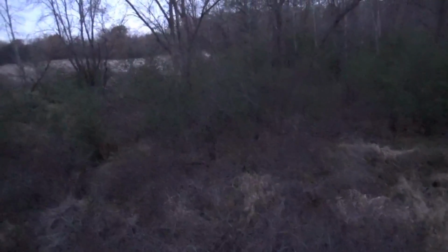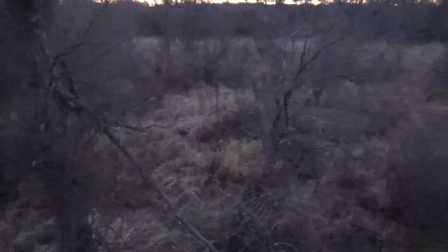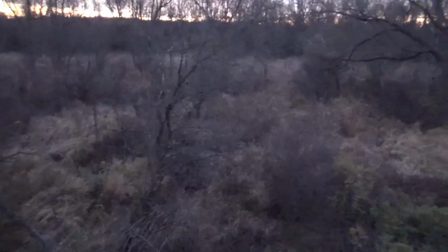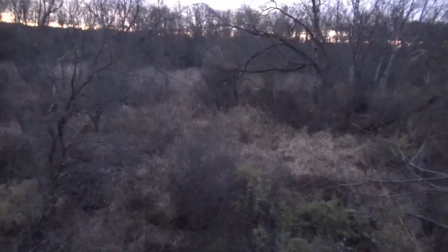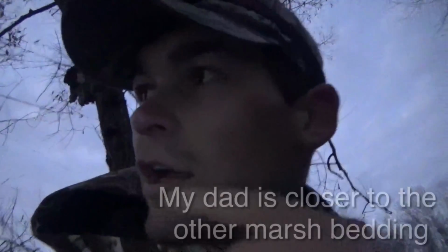summer. This is an area that the bucks move into only during the rut because there's never hardly any rubs in this marsh, but I have found little rut beds where there's one little bed and it's just torn up, like 4 or 5 rubs right around this one little buck bed. I think the bucks are only in here during the pre-rut and maybe the first week of November,